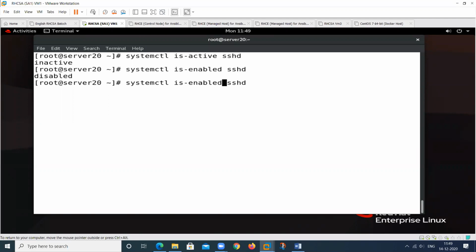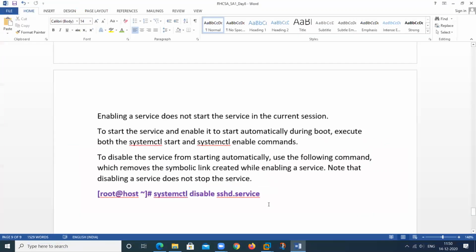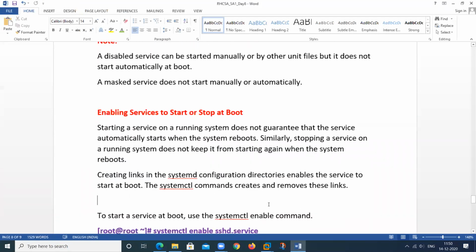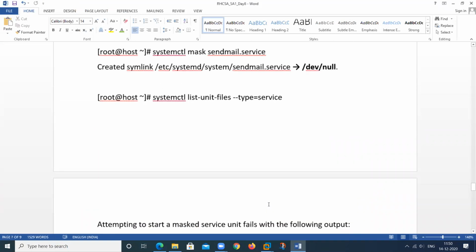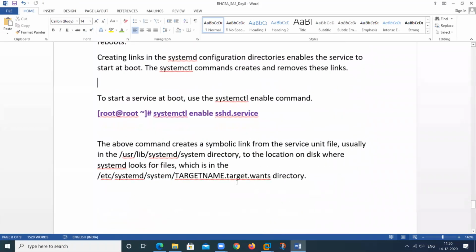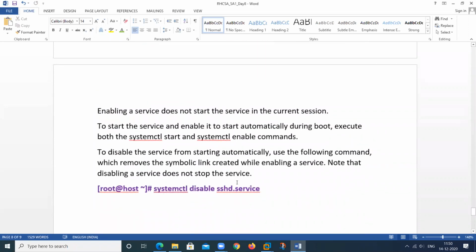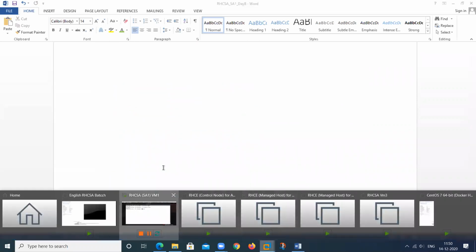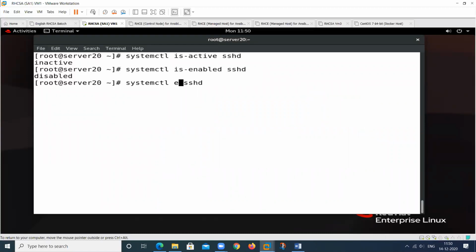We can use one more command, that is systemctl enable with hyphen hyphen now, this one.